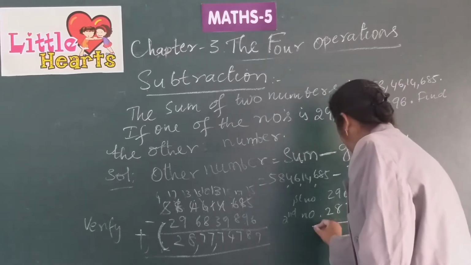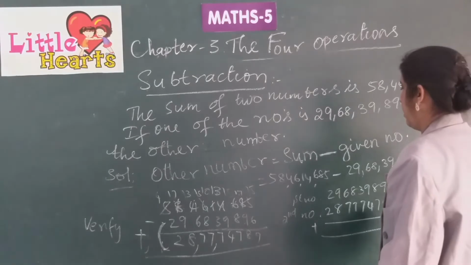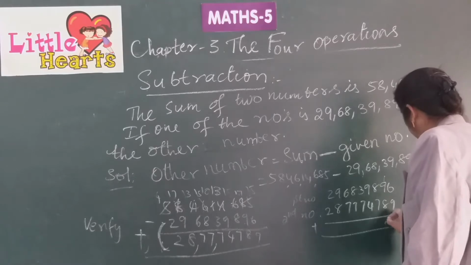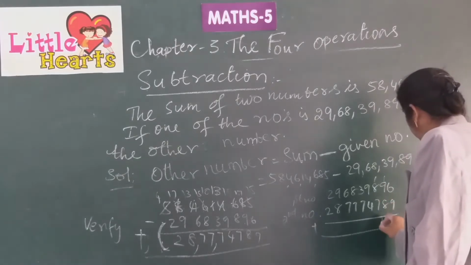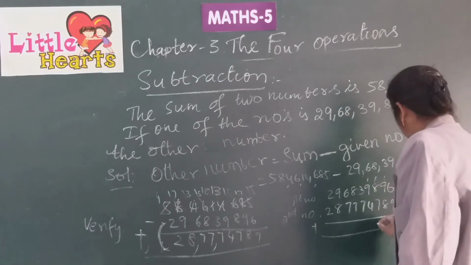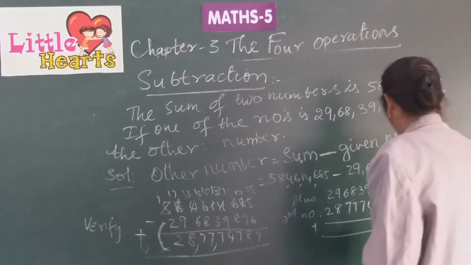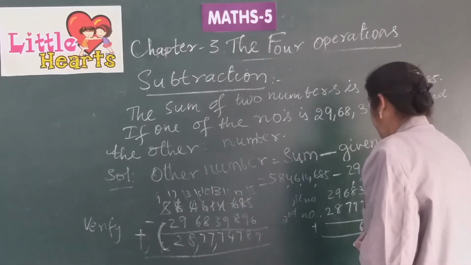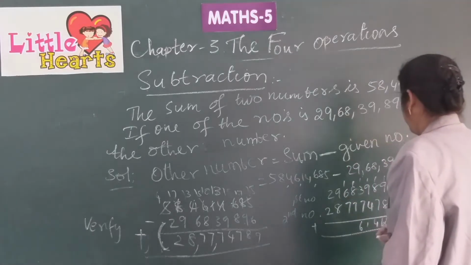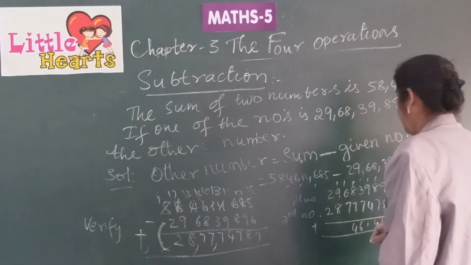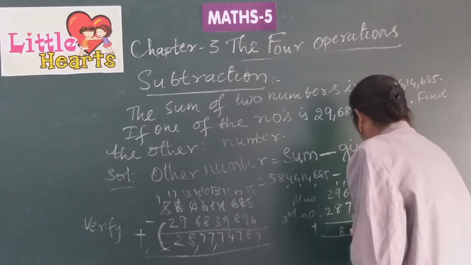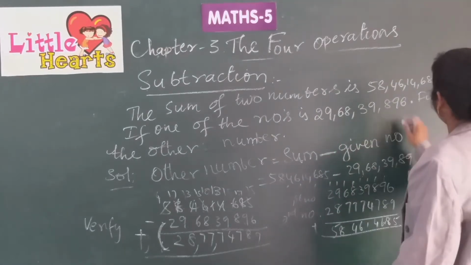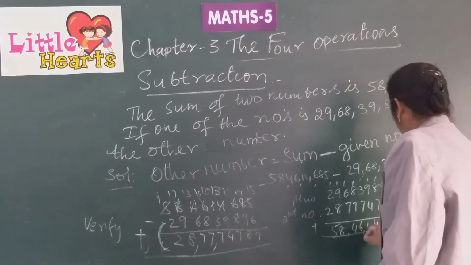Now we shall add these two. 6 plus 9, 15, 18, 16, 14, 11, 16, 14, 18, 5. So the sum is the same, 58 crores 46 lakhs